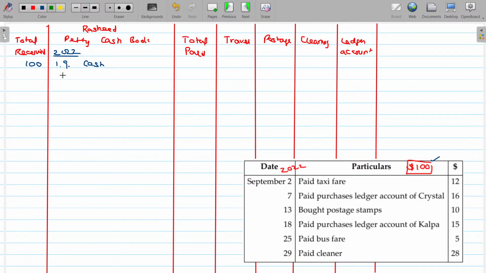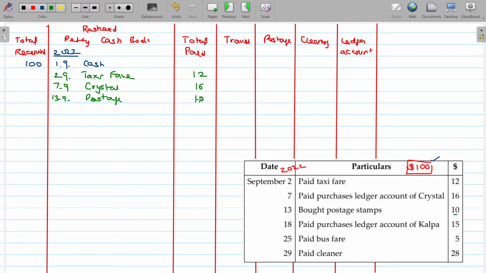Paid taxi fare. Now the payments being 2nd September taxi fare, $12. 7th September paid purchase ledger account Crystal. Payment for Crystal 16. And bought postage stamp, 13th September postage. Payment for postage being